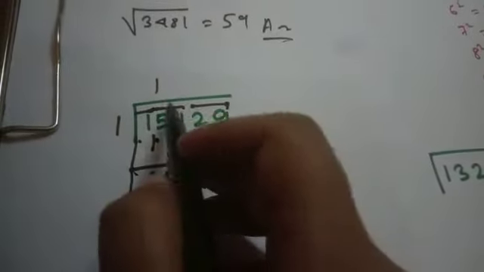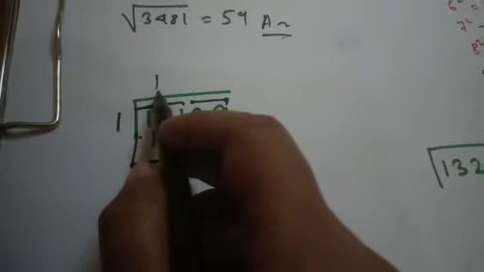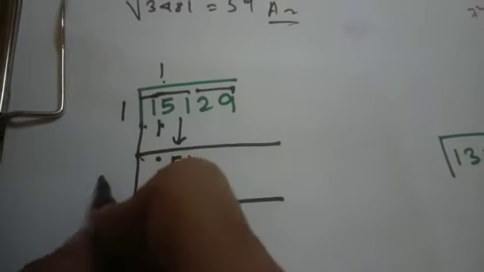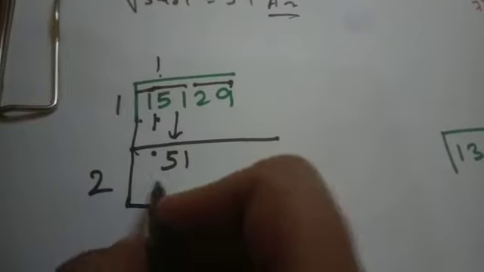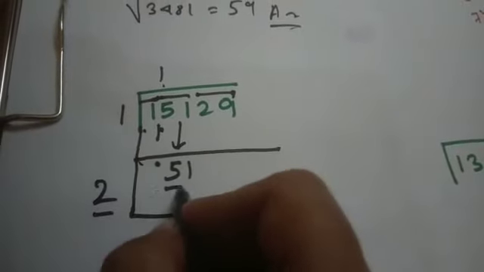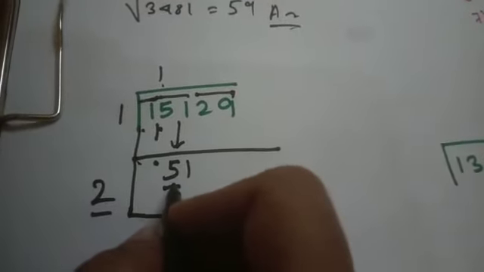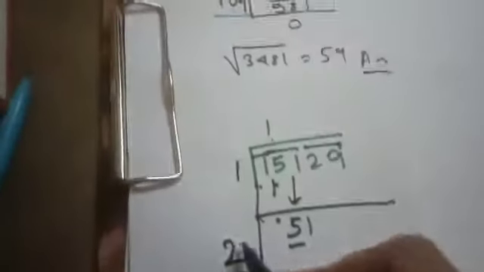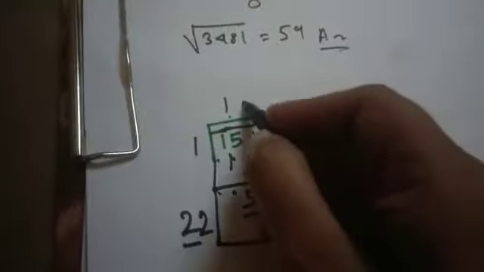And here is 1. We double it, that is 1 into 2, which is 2. Again, it is a 1-digit number and it is a 1-digit number. Now we divide 5 by 2. Let's see the division. 5 divided by 2, 2 2s are 4. So here 1 is remainder and 2 is quotient. So we write the quotient, that is 2. Here we write 2 and here also 2.